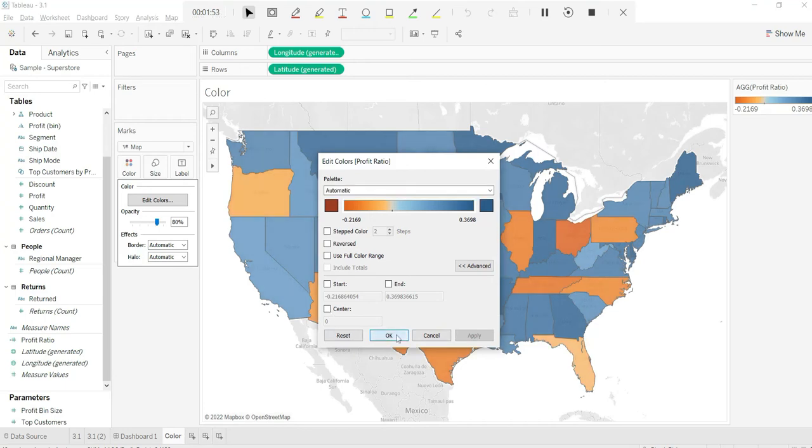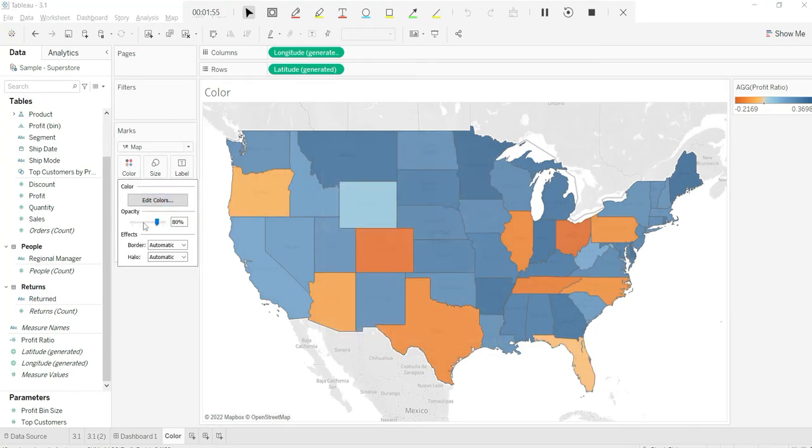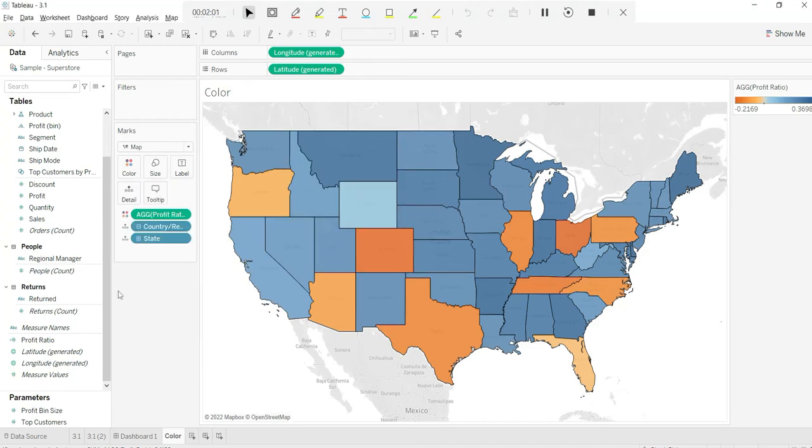So that is the reset button for you. You can also see one other option where you can give some effect. For example, if you want to give some border color over there, for example, black, you can do that as well. Now I will let you play around with the other formatting features with respect to color. Okay. Now that's an example where we are making use of the color mark.